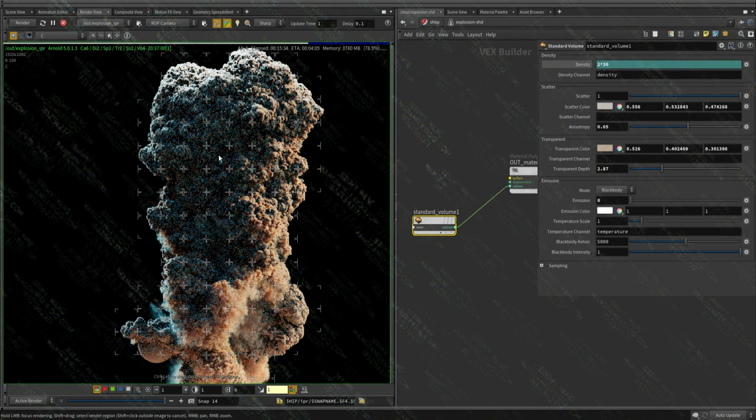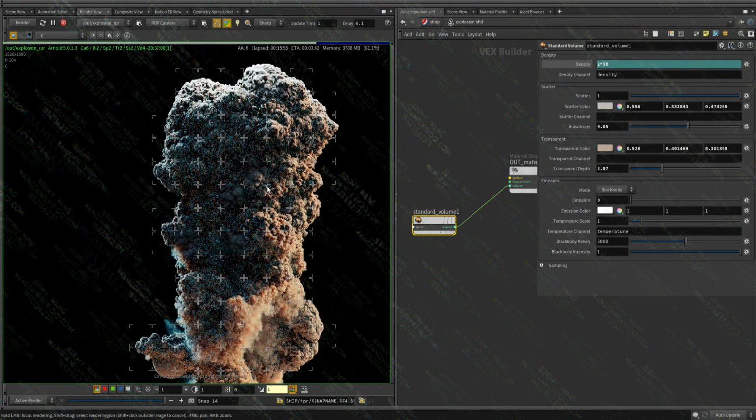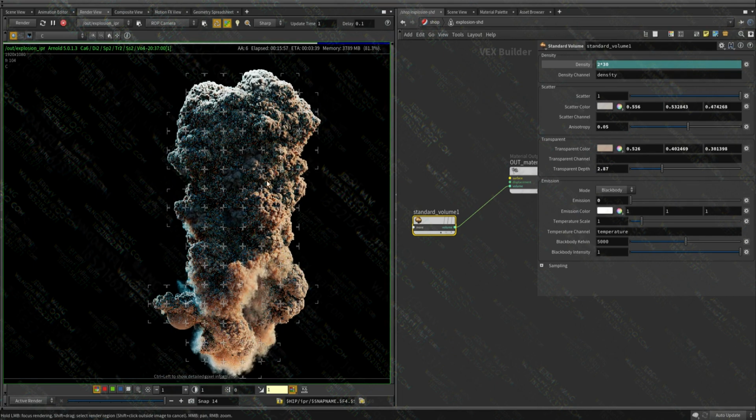So the notes from this lesson is, try to think of the explosion or the volume as an object. Forget that it's a transparent volume, and try to place the light as if you're a lighter. You're lighting a scene. It's a product that you're trying to impress the client or whomever is going to view it. So try to beauty light this thing as if it's an object. Don't forget that it's smoke, and don't worry too much about physically based rendering or photorealistic stuff.